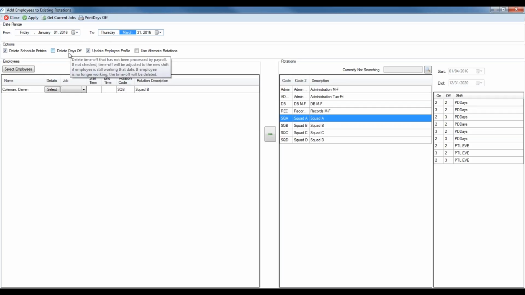So, but if they did take it off and still needed it, it's going to delete those also, I'm guessing. Yeah, well, as long as it hasn't been processed through payroll. So this will delete any and all days off that fall in this date range that have not been processed through payroll. If you leave it unchecked, what it will do is, say I'm moving from a Monday through Friday